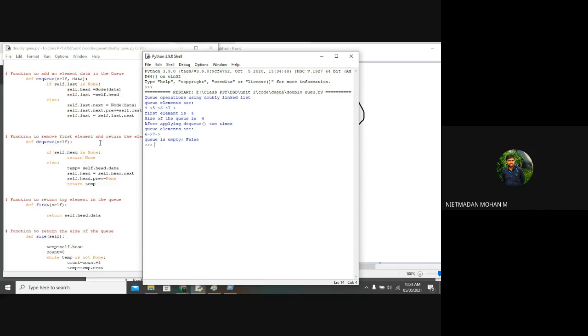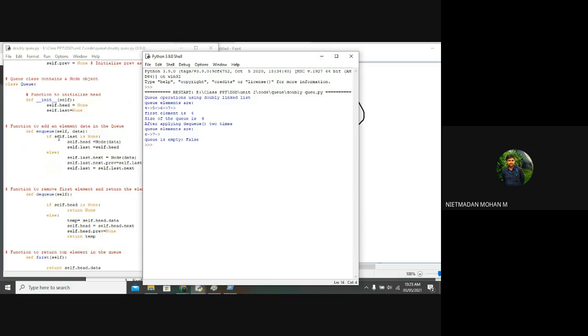That's enough. Clear about this queue? Is the concept clear? Don't worry about the lines of code; whether the concept is clear about the queue double linked list. Yes, sir. So any doubts, you can put the queries in the chat box, or you can unmute yourself and ask. I am giving you the last 2 minutes for this second unit. In case of any queries on this queue double linked list, you can ask. And don't worry about the lines of code; that will come while you are practicing those codes. If you have doubts in understanding the concept, you can ask me.